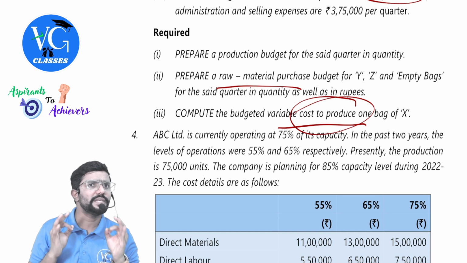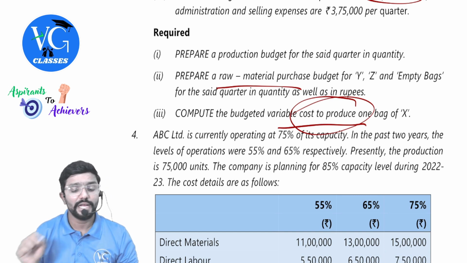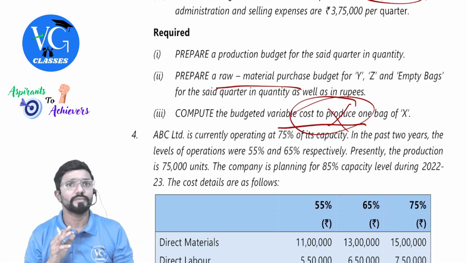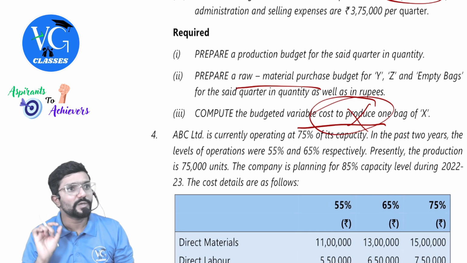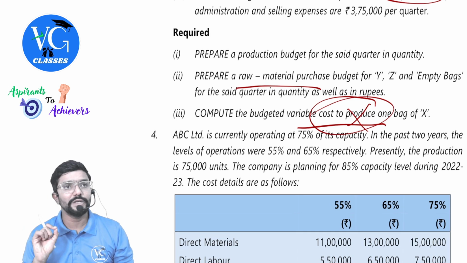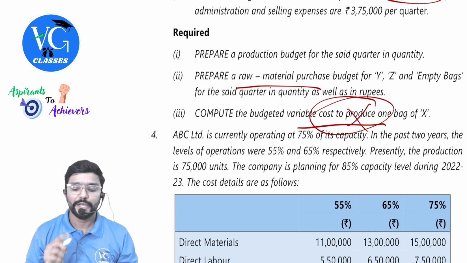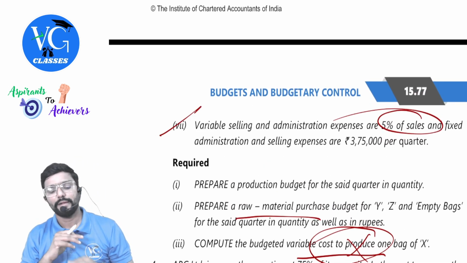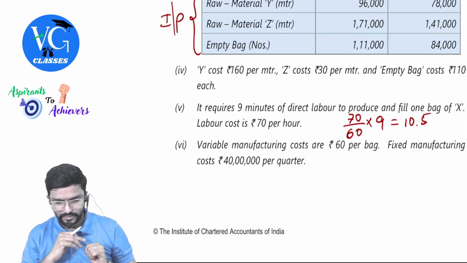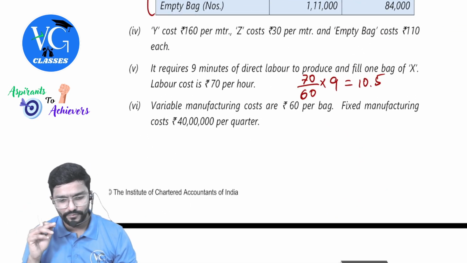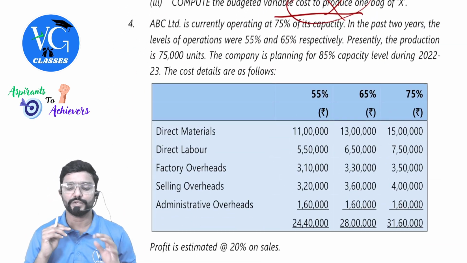Hope you are understanding. Please observe, because by mistake, guys, you will not observe this word. Variable cost is asked, let us add that also. Correct? It happens. Please observe small things in the question. So they have asked only variable cost to produce. If they had asked only variable cost, guys, then I would have considered even this. Anything else is there? No. Variable manufacturing cost anyway I have taken. Fine, sir. Sure. We'll move to the next question.